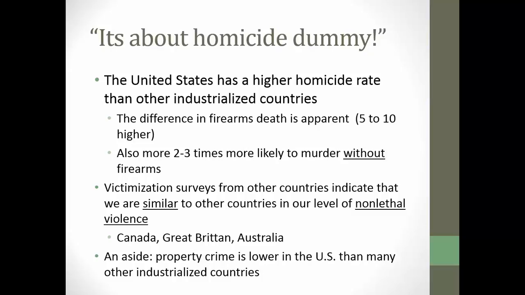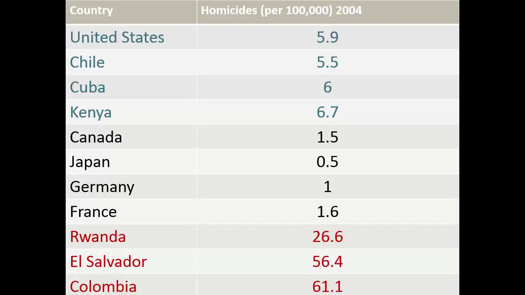So one of the really interesting questions in criminology is why is that the case? As an aside, when we do surveys like this and ask about property crime, the U.S. tends to be on the low end of the spectrum. How likely are you to get your house burgled or your car window smashed and your property taken? Property crime tends to be more prevalent in other countries. So one of the misconceptions is that crime is abnormally high in the U.S. The kernel of truth is that murder is exceptionally high in the U.S. compared to other countries.